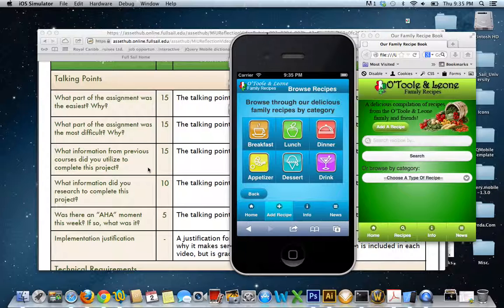What part of the assignment was most difficult? Definitely just deciding on the colors. I spent a lot of time changing a lot of colors. Another part I had a lot of difficulty with, which I finally just gave in and left as is,